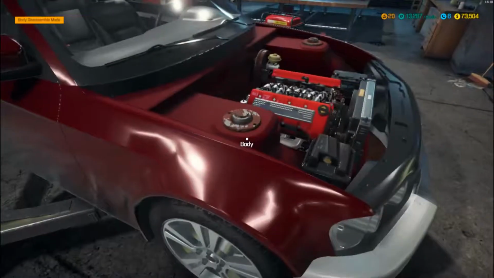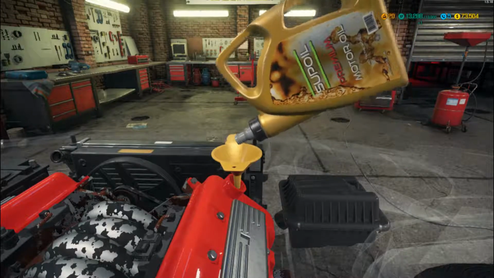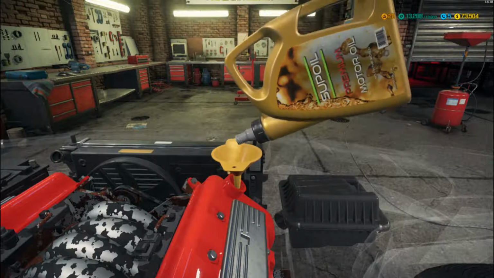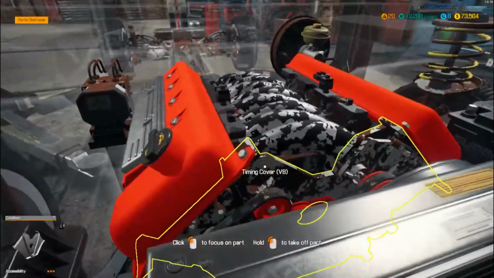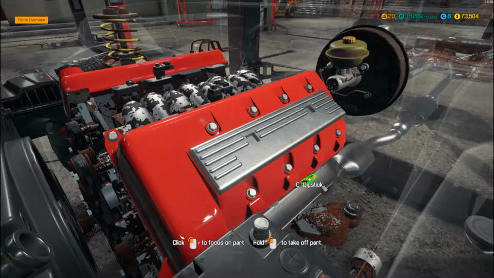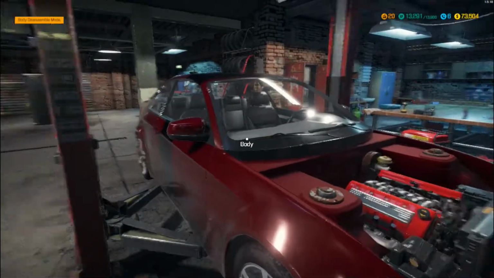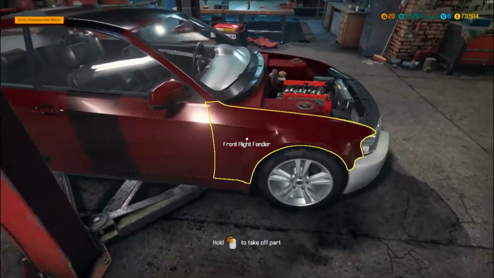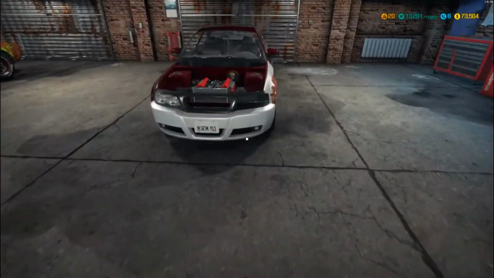We need to put some oil back in the engine. So let's do that now. Check the dipstick a bit quick. Yeah, that's fine. So if we can get that off the ramp now, the jack, we can move the car to garage entrance A. I'll put that over there out the way. And then of course, like I say, we want to get